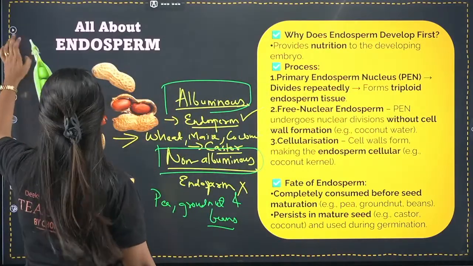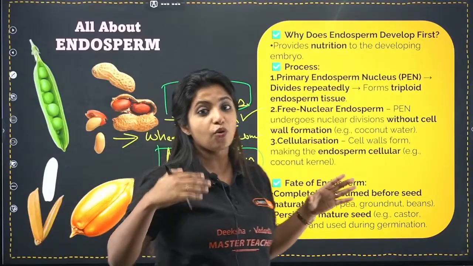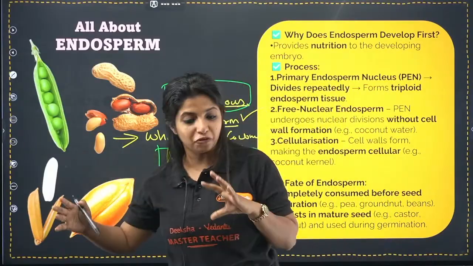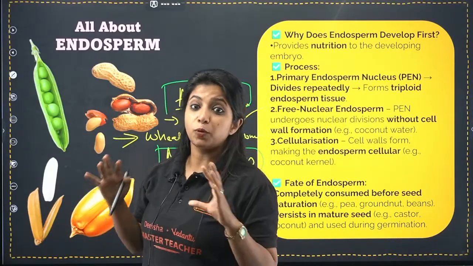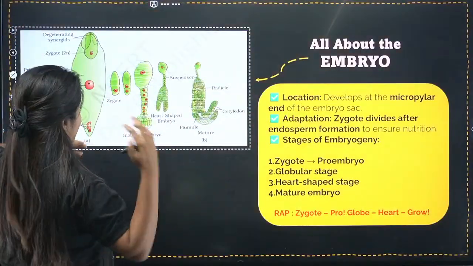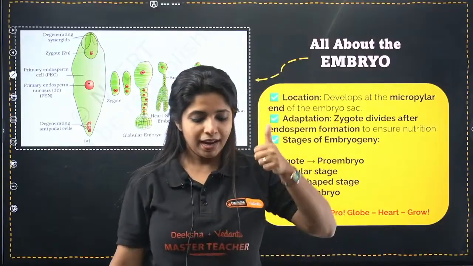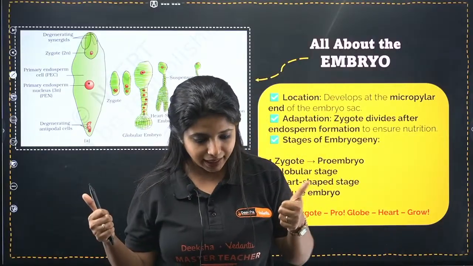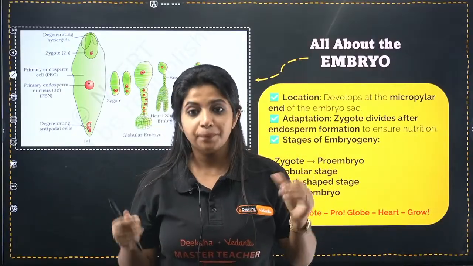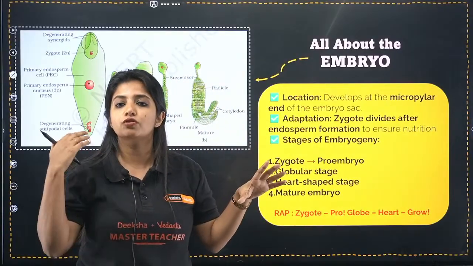Thank you, Vaishu. Okay, now since we spoke about endosperm completely, we need to go ahead and talk about the embryo formation. Until now, we have not spoken about the embryo, right? While I talk about it, you need to understand there are two kinds of embryo, dicots and monocots. And before we go in depth about that, there's a general thing about embryo which you should know.